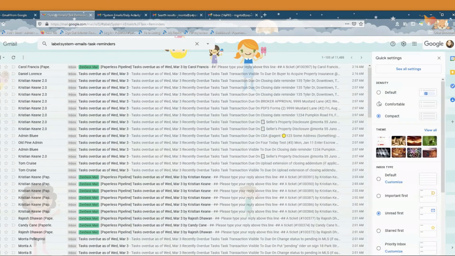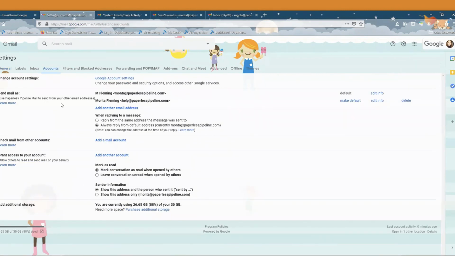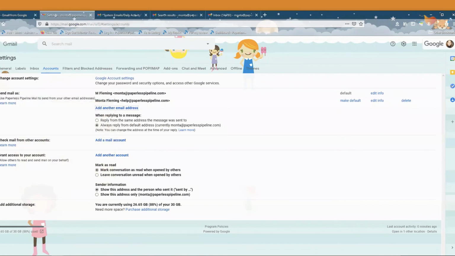Let's just go from here and then see all settings. And then it's under accounts, send mail as, and you would say add another email address. Okay, and then I could say Monta plus admin or agent, whatever, at paperless.com. Right. And then I would just be sure to say treat this as an alias. Okay. Once I do that, then when I am sending a message,